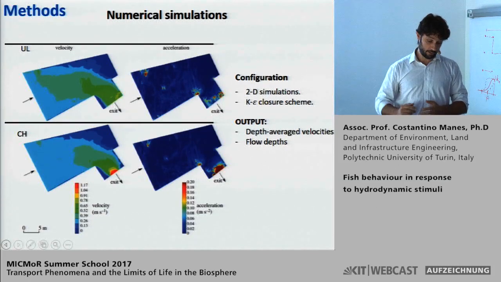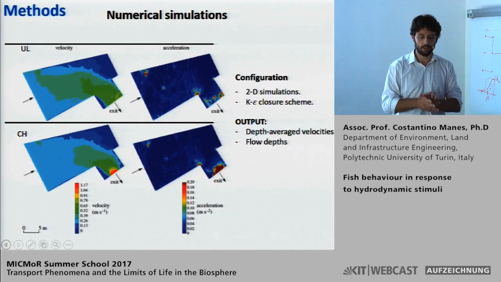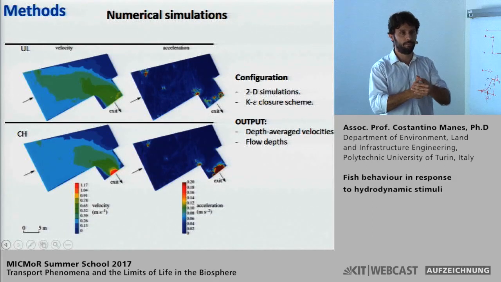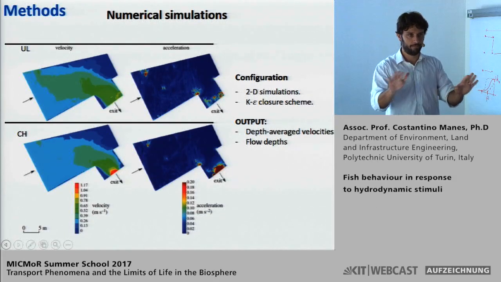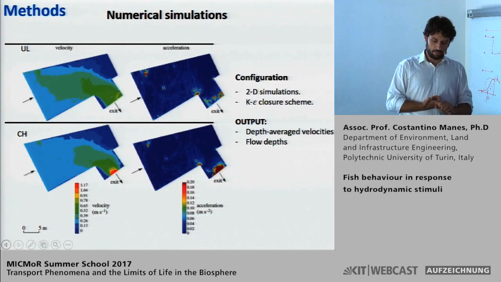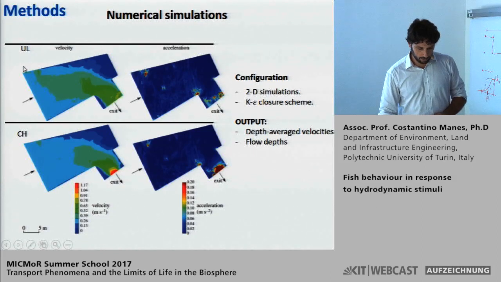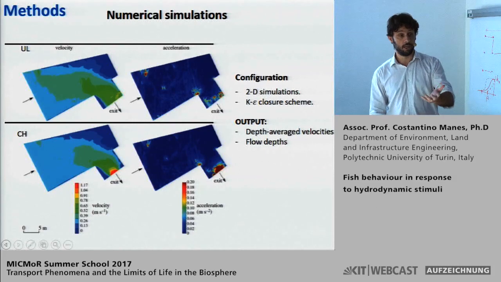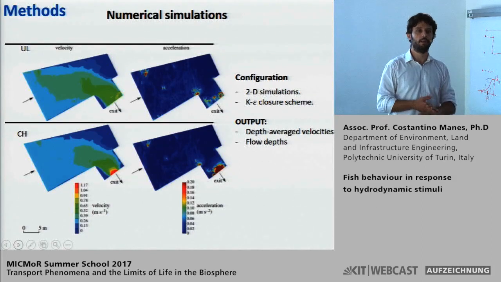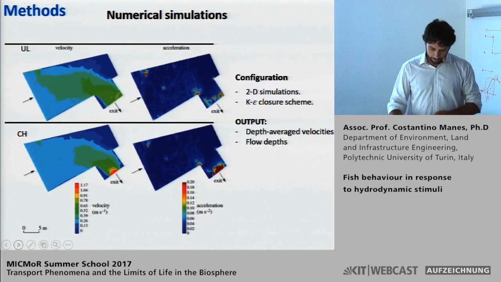We did 2D simulations. Essentially, what we are simulating are flow depth and mean velocity with a very rough k-epsilon closure scheme. And these are the results we obtained. This is the velocity field, the color bar is in here, and this is the acceleration field, which I've already told you seems to be an important metric to interpret eels' behavior. As you can see,